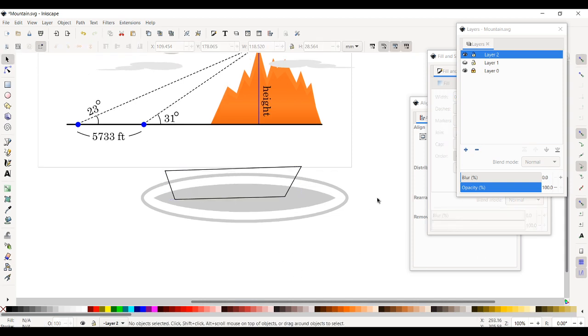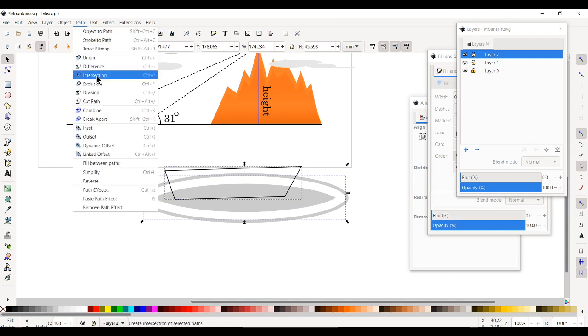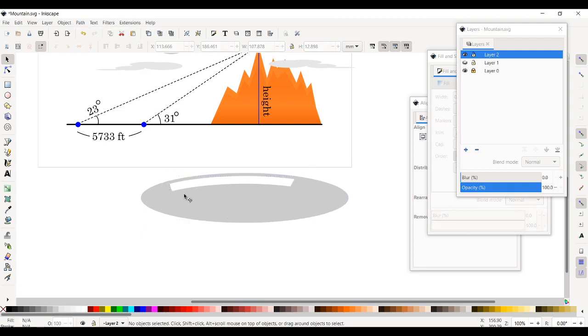So that's what we're about to do. Select the bottom one, select the top one. If you do the path intersection, it'll give you only that window side. And this already looks good. Maybe you can take this as a window part, but we want to divide in the middle and here, following